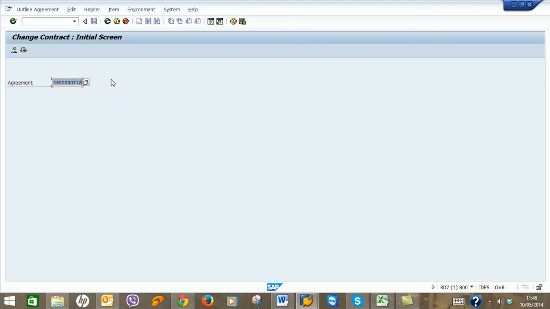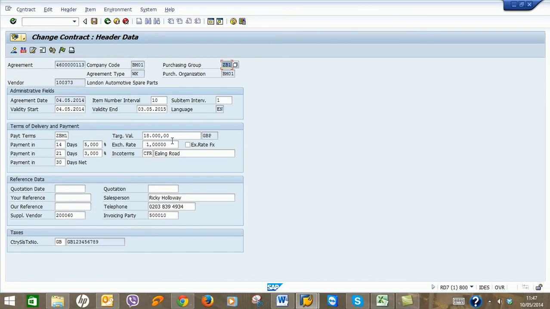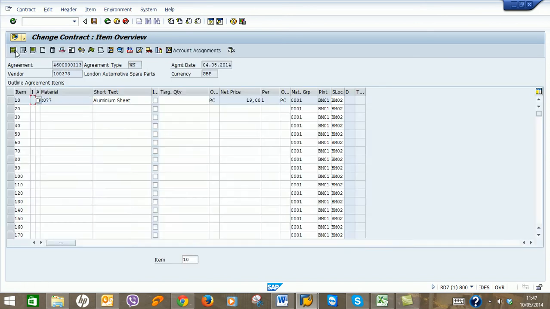The next contract we created was the value contract 113 and 2077. If you go to the header details again, you can see the target value is 18,000. And if you go back to the item details, this is the quantity contract for the main products. Now by using those item categories M and W, we can have the contract for